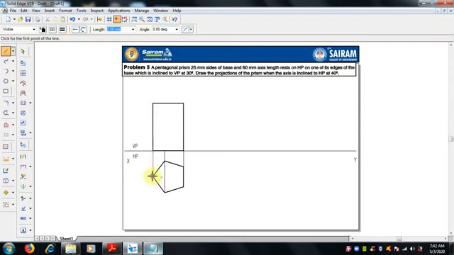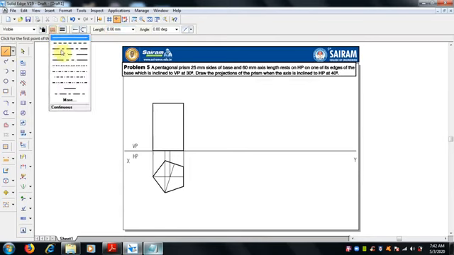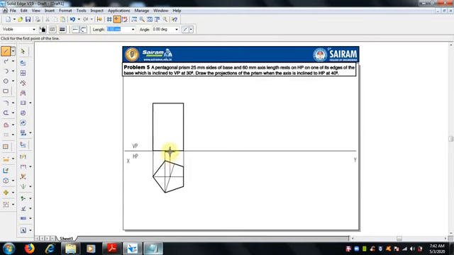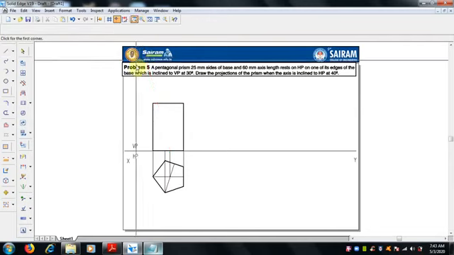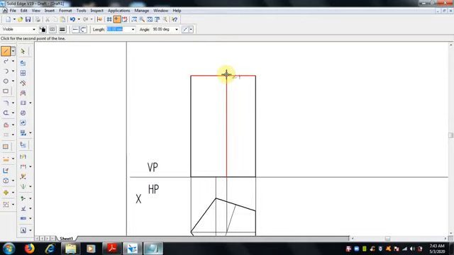Select the axis line. Right, you can zoom it out. This is the axis.